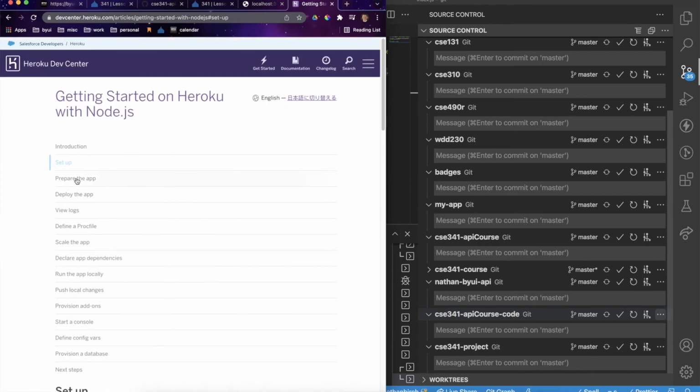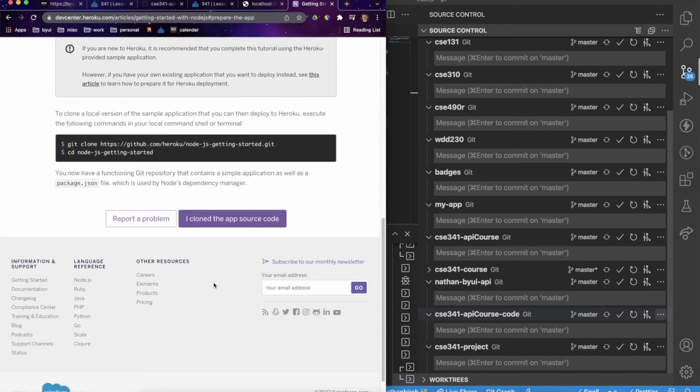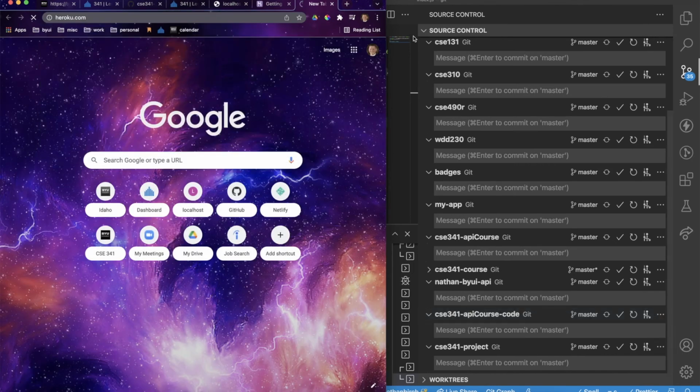Really good stuff. Okay. Prepare the app. We actually have to make a Heroku app, which we could do from the CLI. I'm going to actually just do it from the Heroku dashboard. So if I go to heroku.com,